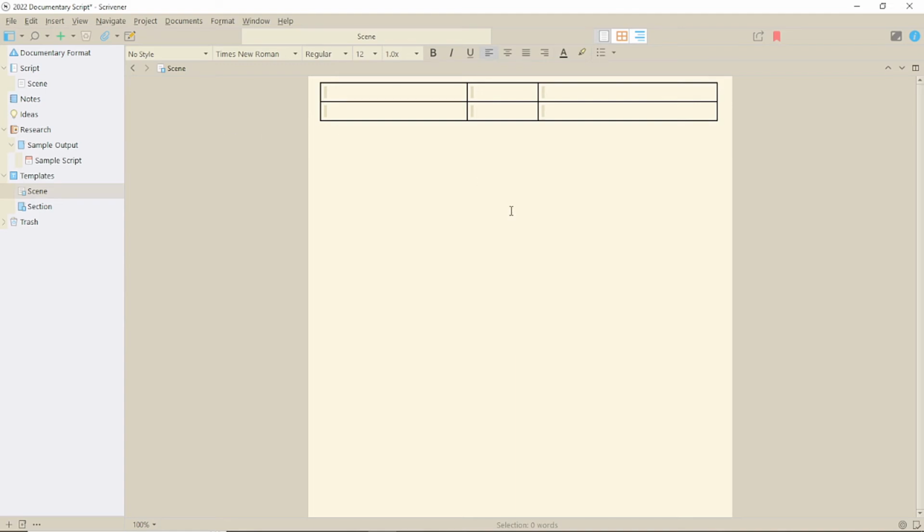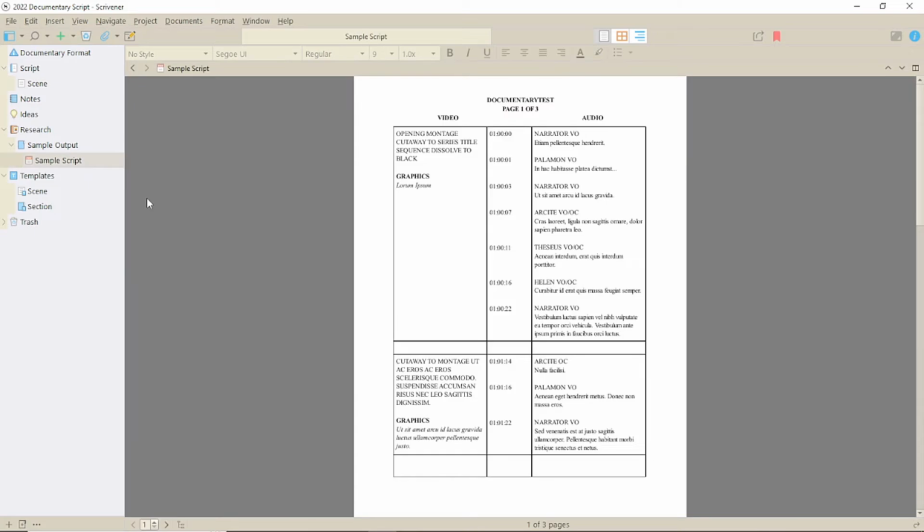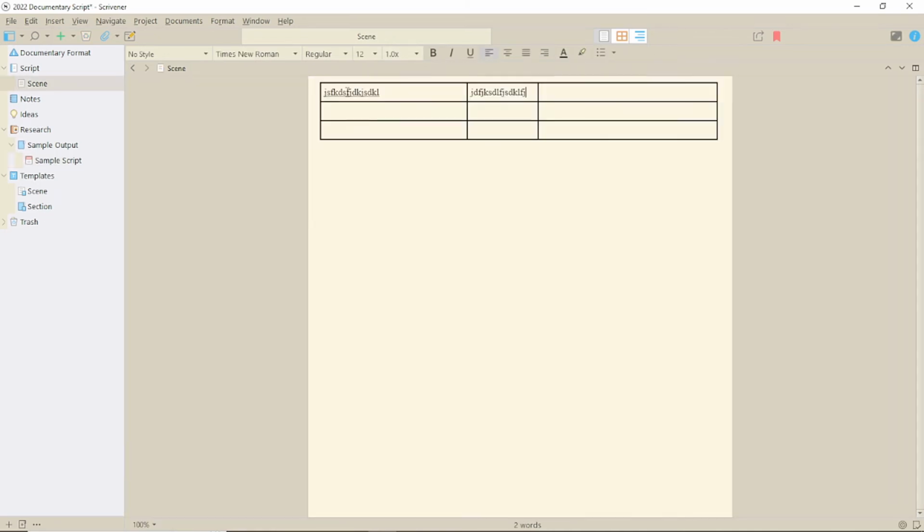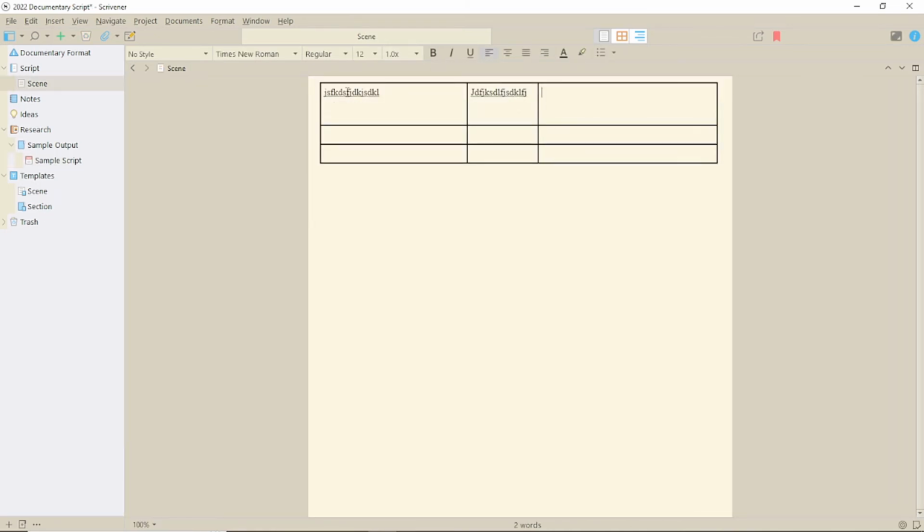Now, this script format isn't created using script mode, so it's simply a case of typing your information into the columns. Your biggest issue is going to be lining things up across the page, because it doesn't seem as if actual table lines are expected to break up the individual rows of a script in many of the online examples. Lines only appear across the bigger sections. The sample script confirms this. So you'll have to line things up in the columns manually with returns. That's not good when things change.